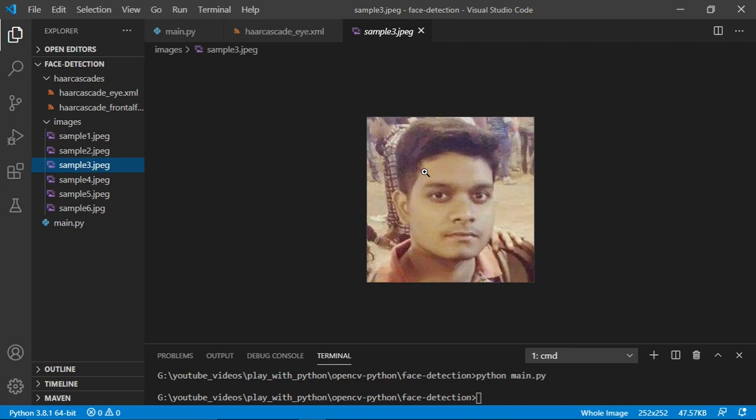By feature I mean the intensity of pixels. These XML files contain pixel values: this portion has some pixel values by row and column, and this pixel also has a row value and a column value. So these XML files contain the pixel values needed to detect a face in an image.